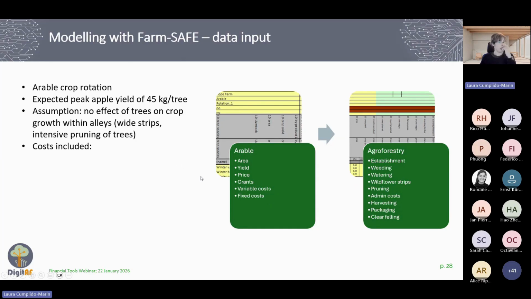And for the agroforestry system, we collected all the data for the establishment, weeding, watering, wildflower strips, pruning, harvesting, packaging, and clear felling costs. And we worked under the assumption for the modeling scenario that we are expecting a peak apple yield of 45 kilograms per tree, and also that there was no effect of trees on the crop growth